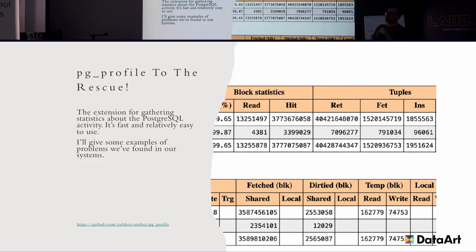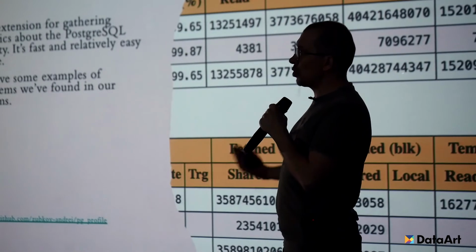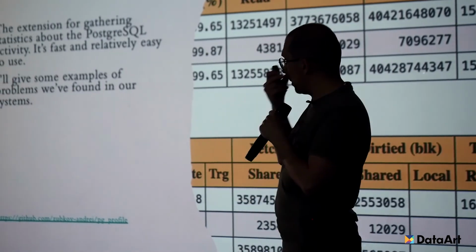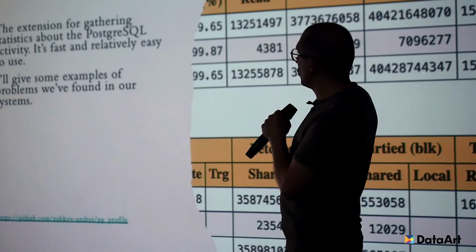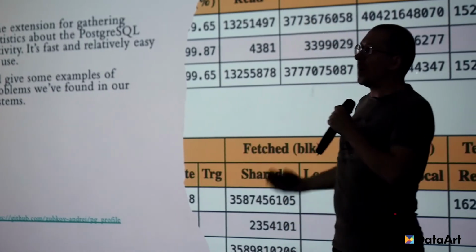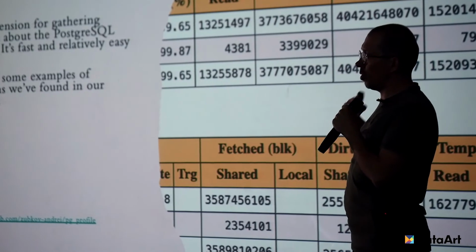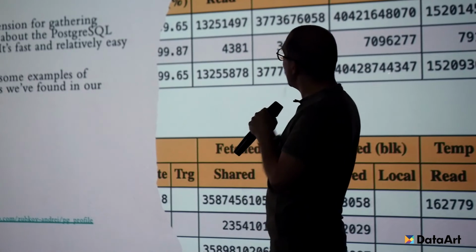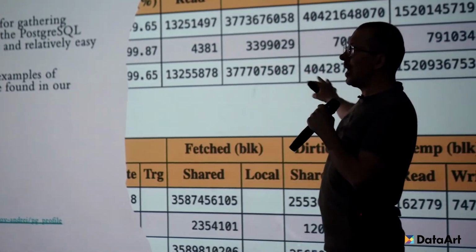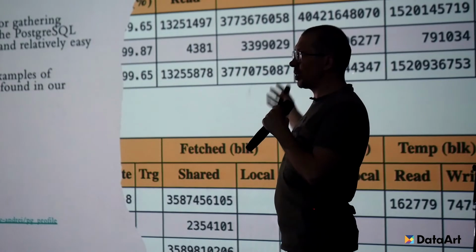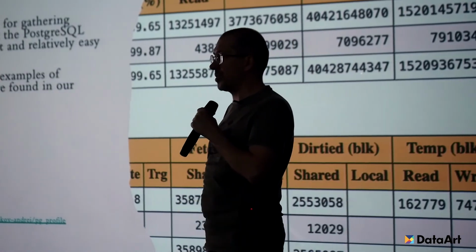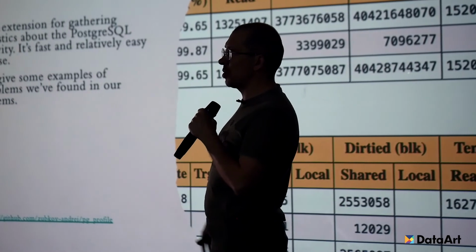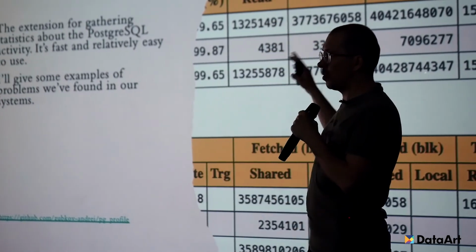It is an extension for Postgres, which collects your queries, collects stats about your queries, and creates quite useful reports, which you can use to find problems with your queries. And actually, this tool helped me in 2 projects, in BestDoctor, and in one other project, which I volunteered to help with